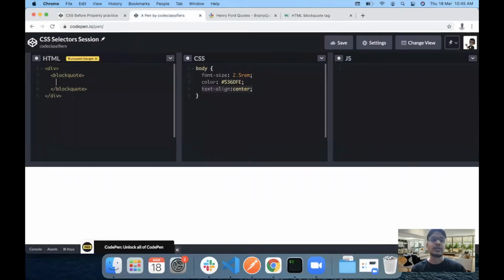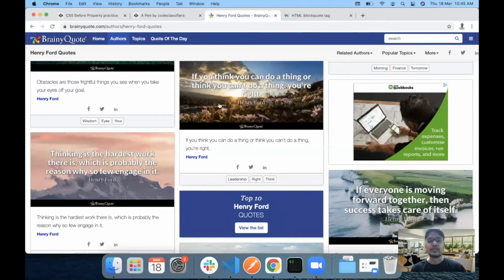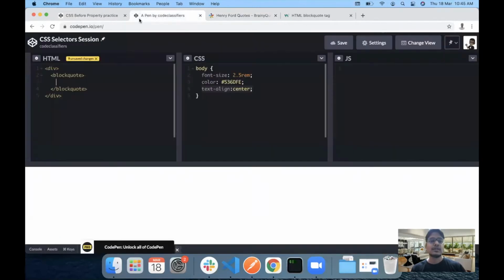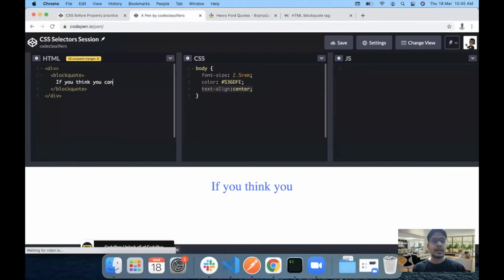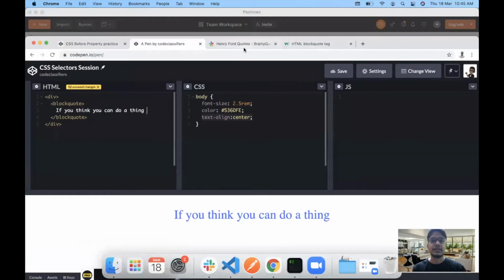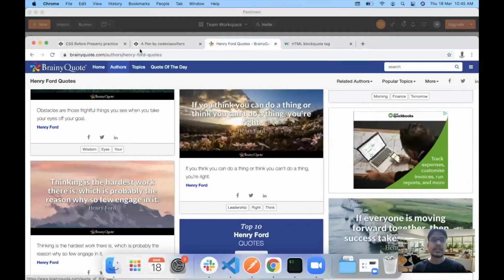In the blockquote, I'm going to use a random quote from Henry Ford, which is this one: if you think you can do a thing or you can't, you are right. Something like that.